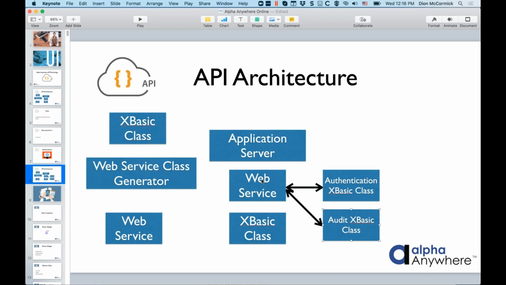So what we're going to do is dive into our development environment and go ahead and add the ability to authenticate a web service, or I'm sorry, to build on authentication and do the auditing there. So with that, I'm going to go ahead and jump over into my development environment and make sure you're okay,